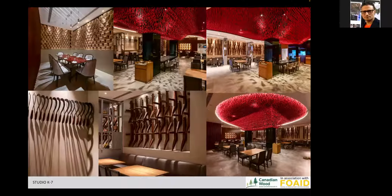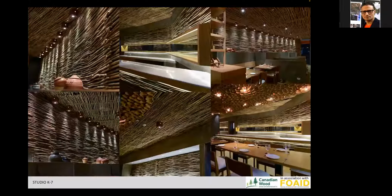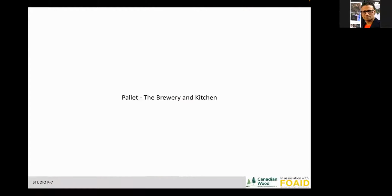So maybe we have gone to the extent of using scrap papers, or using the raw material in its own form, like the cane sticks. That's been the forte of using the materials, or using any kind of texture in our interiors. Now, this project which I'm going to showcase is based out of Bangalore, where we have used Canadian wood, and